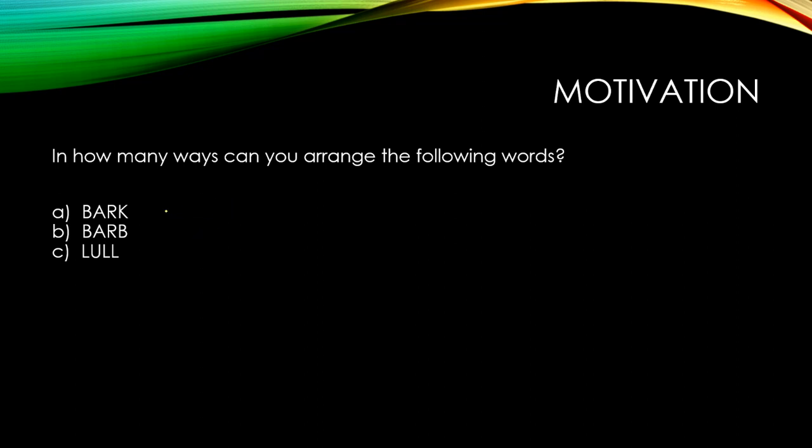I'm going to go through those now. So for bark, using our current knowledge, there's 4 distinct letters. We're arranging all of them. 4 factorial is 24. For barb,